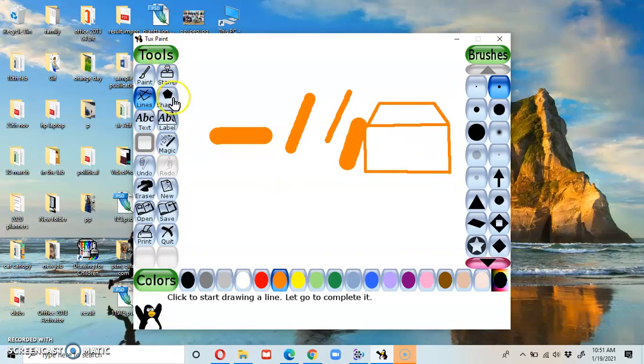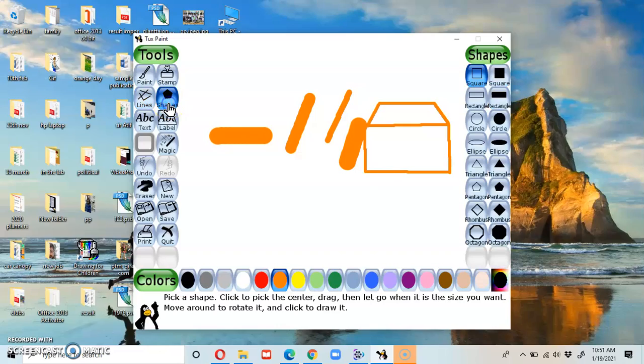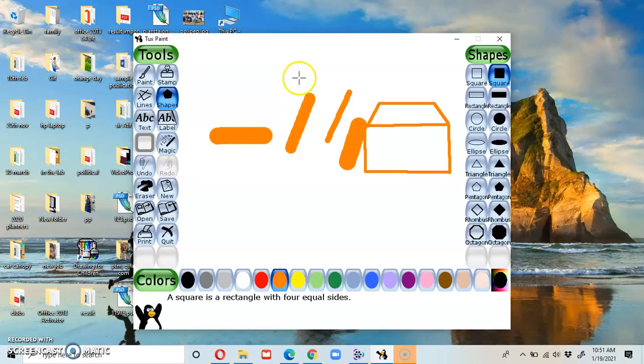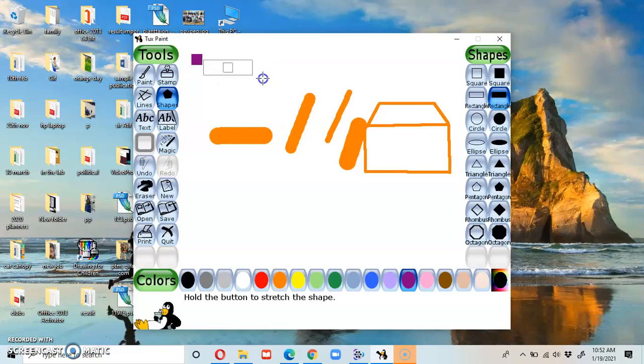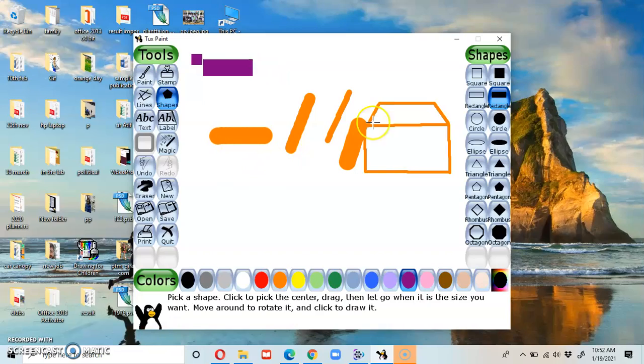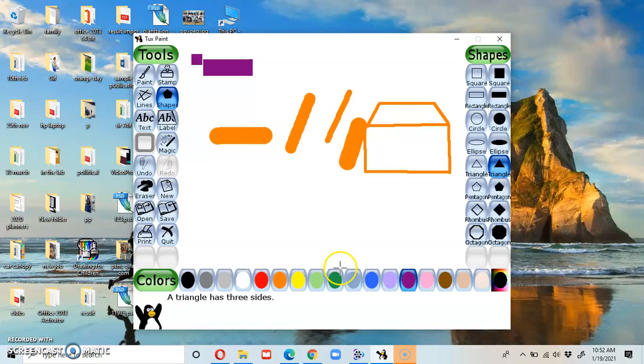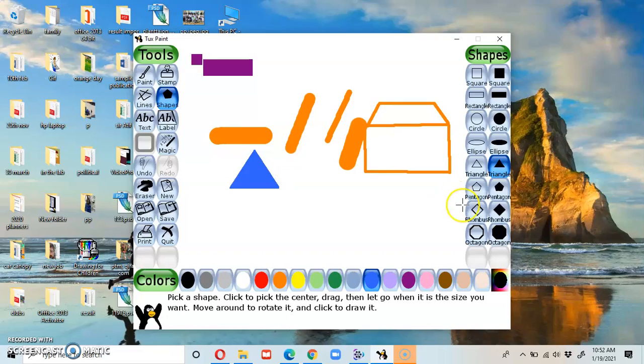In this way. Now this is the shapes tool. Click this tool. Here we have different types of shapes available. You can use these shapes. For example, I will select the square. I will select this color. This is the purple color. This is the rectangle. You can draw a triangle here. You can draw a pentagon.